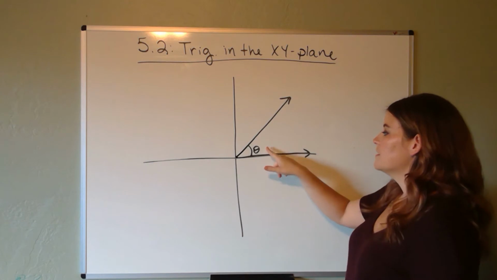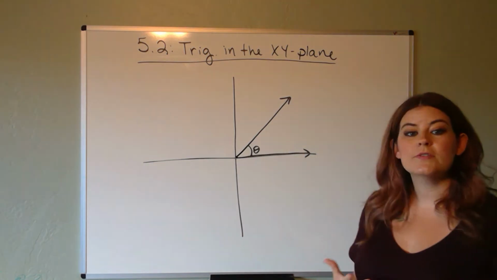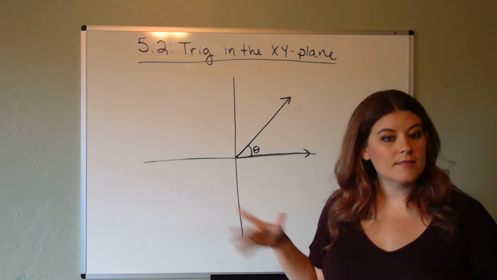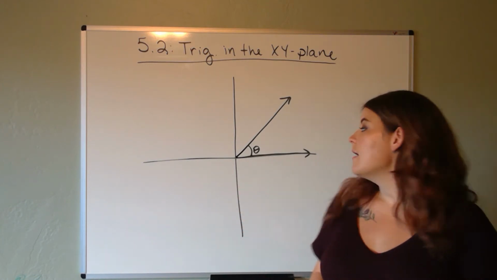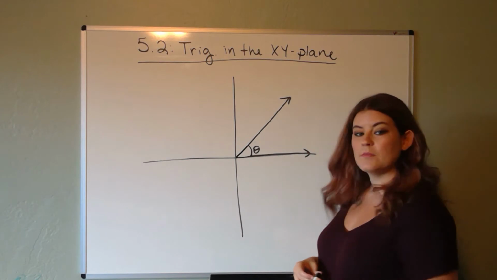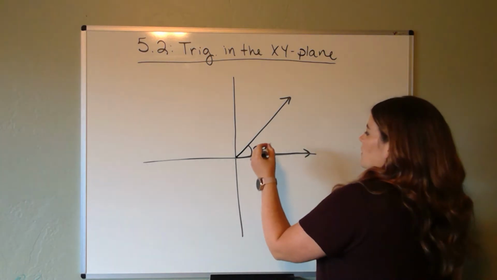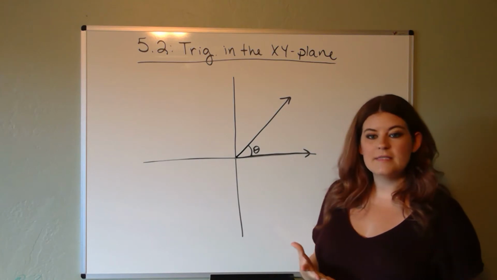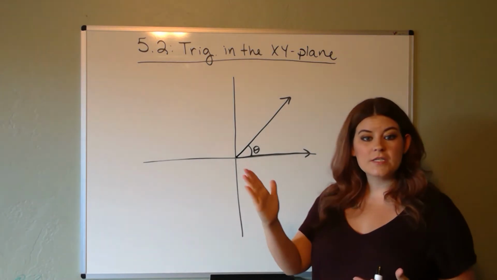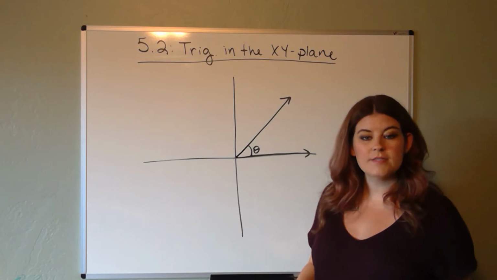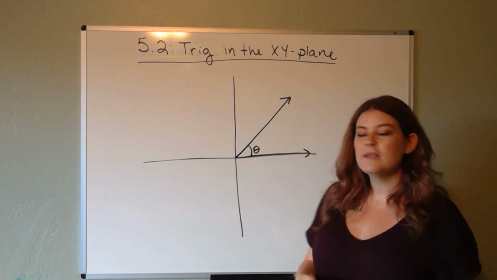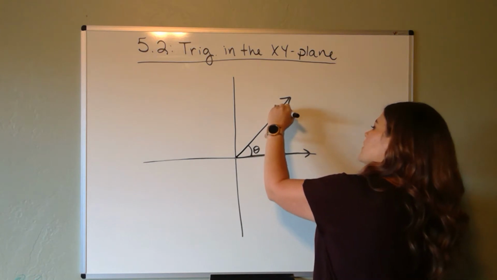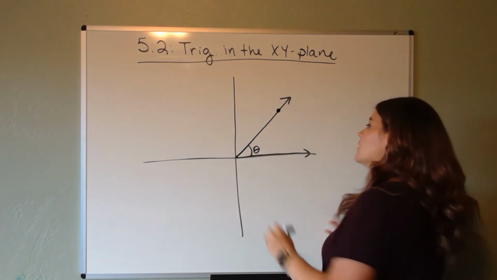And I want to find the trig function values for this angle theta. Notice I don't know what theta is, and that's okay. Sometimes I will and sometimes I won't. It just depends on the problem. So all I have right now to go on is the fact that trig functions are ratios of sides of triangles: opposite, hypotenuse, adjacent. So what if I could pick a point on this terminal side, drop